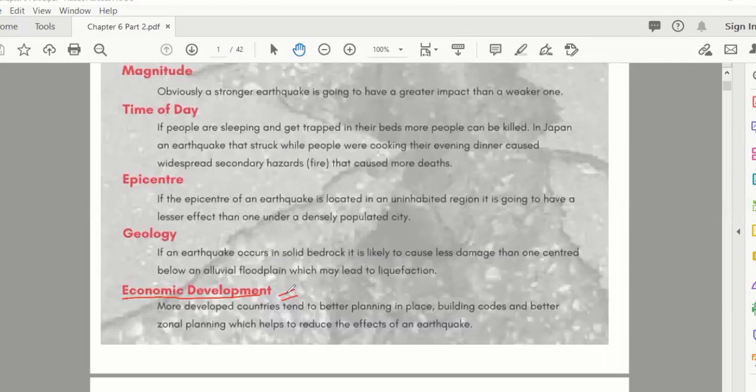Especially in Japan, now they design the whole building in such a way that they put some kind of arrangement underneath so the building can move and slip both sides, and in this way it cannot be damaged if there is an ordinary earthquake. So that is, you can say, how an earthquake can cause damage and the factors on which the damage depends. Is it clear to everyone?